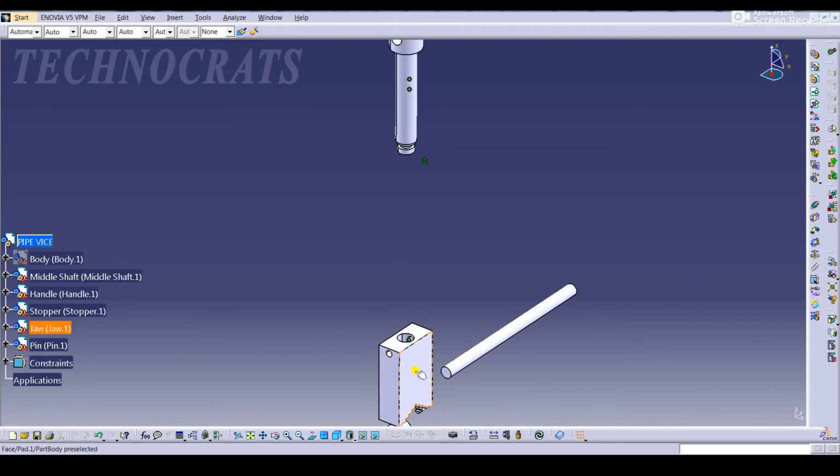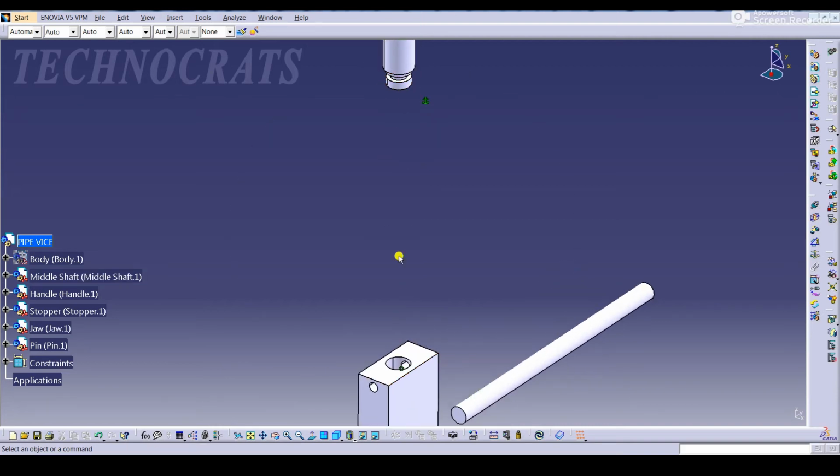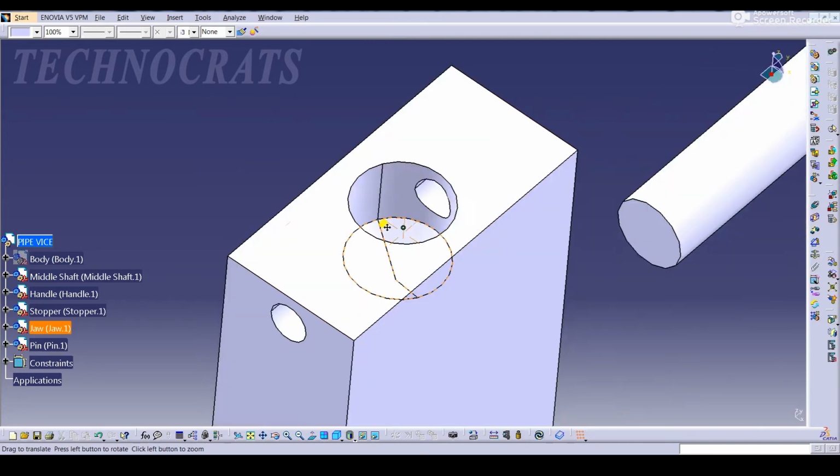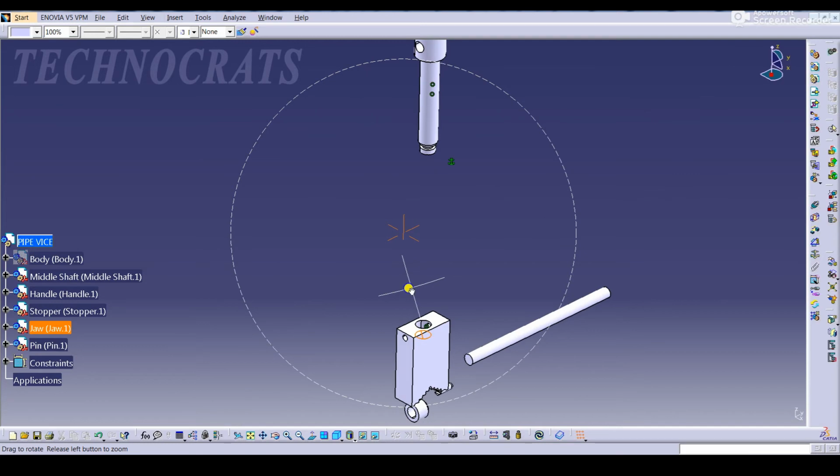Now I have to manipulate this jaw up to this middle shaft, but up to a position where the bottom side of this middle shaft and this inner side of this jaw touch each other.